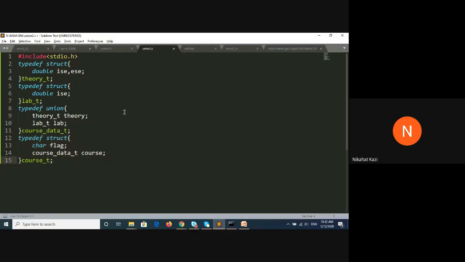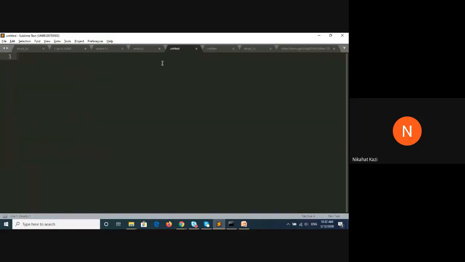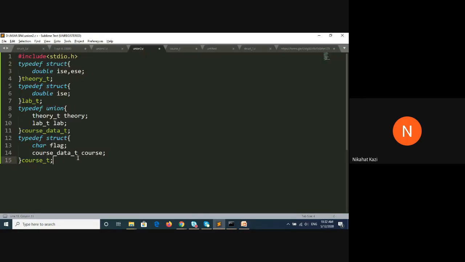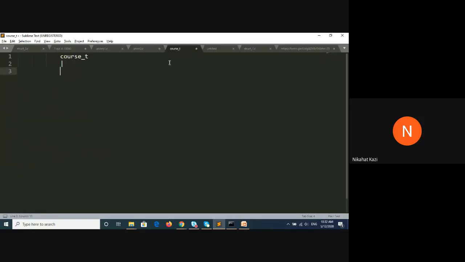So what we have done is, let us visualize this. Course T is having two parts. One is a flag and second is a course data type variable.